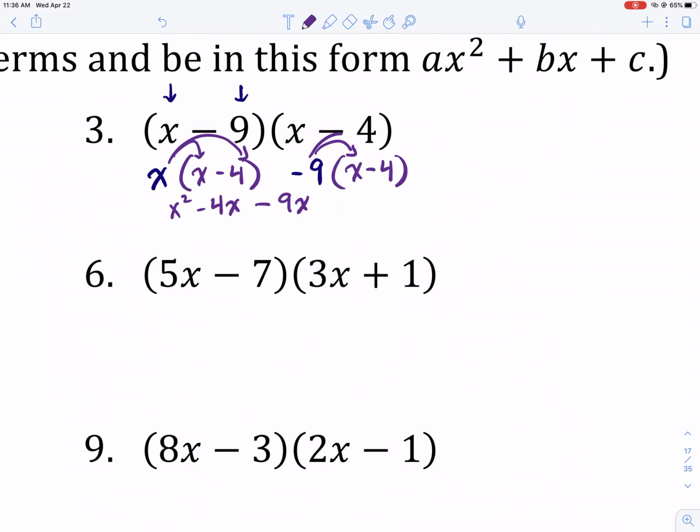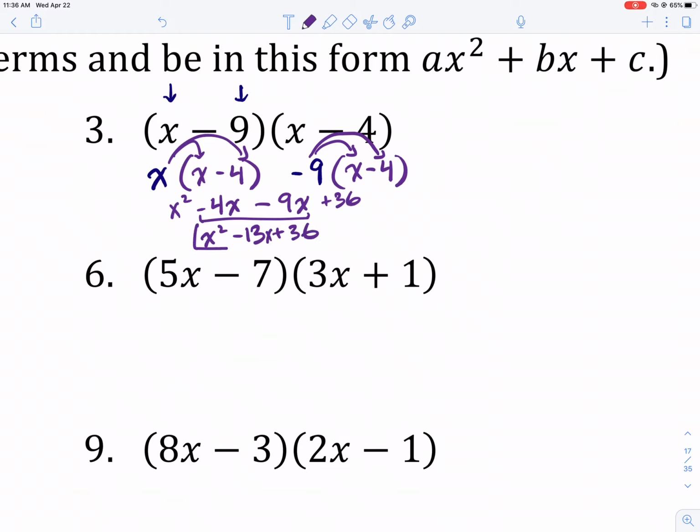9x. But then here's where it gets tricky, right? We're subtracting 9. You can think of that as a negative 9 times this, subtracting the 4 here on the right. Think of that as a negative 4. So we have a negative 9 times a negative 4 is a positive 36. We're going to combine like terms here to get x squared minus 13x